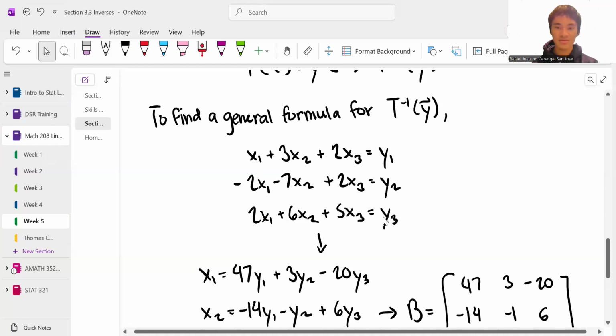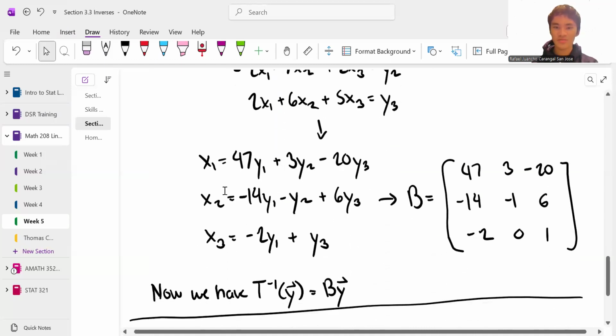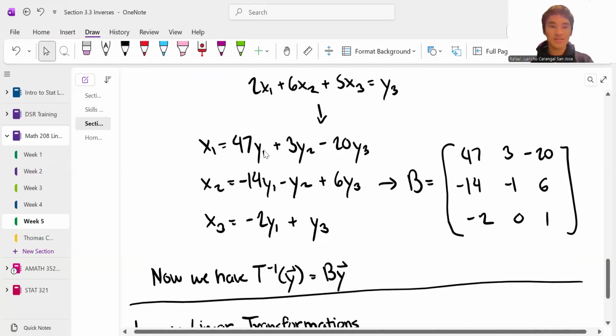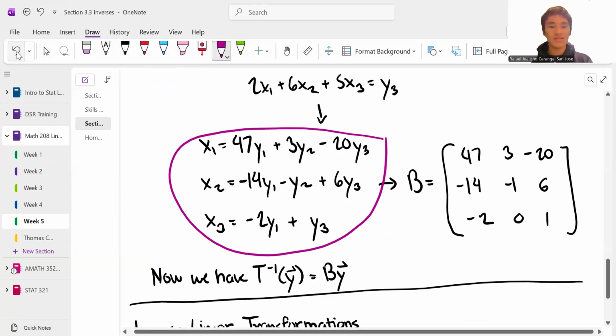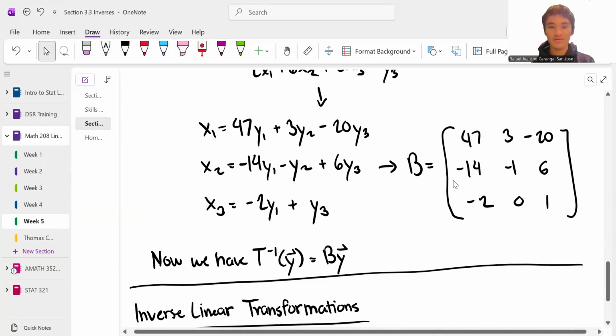Okay. And so we just find out what the solutions are for x sub 1, 2, and 3. And we're going to get this. This is basically the solution that we get. And we could translate that into a vector. So here we just get the coefficients